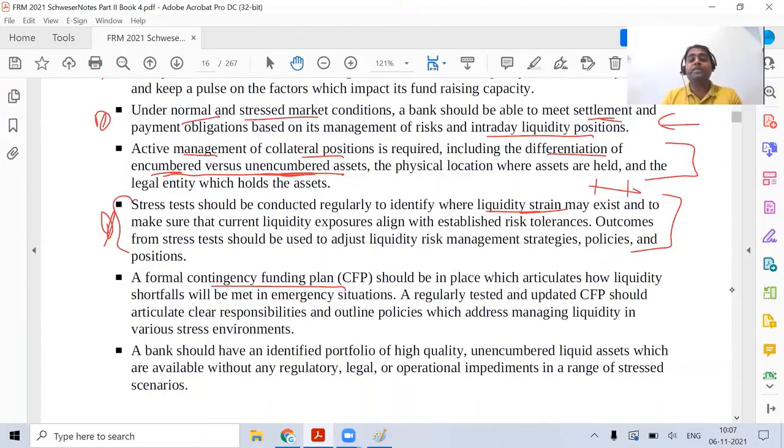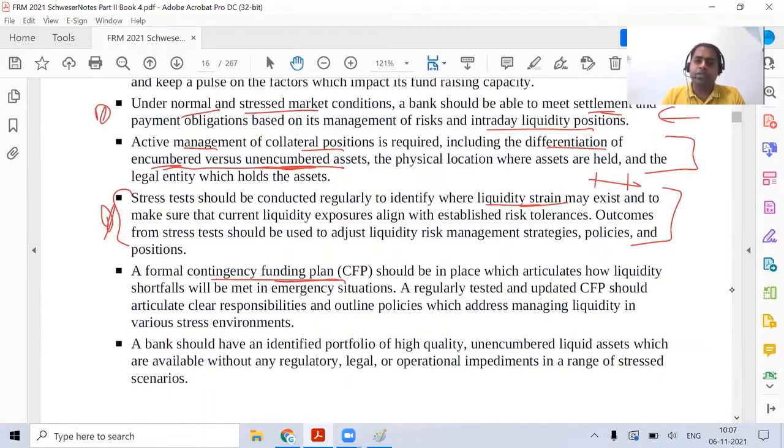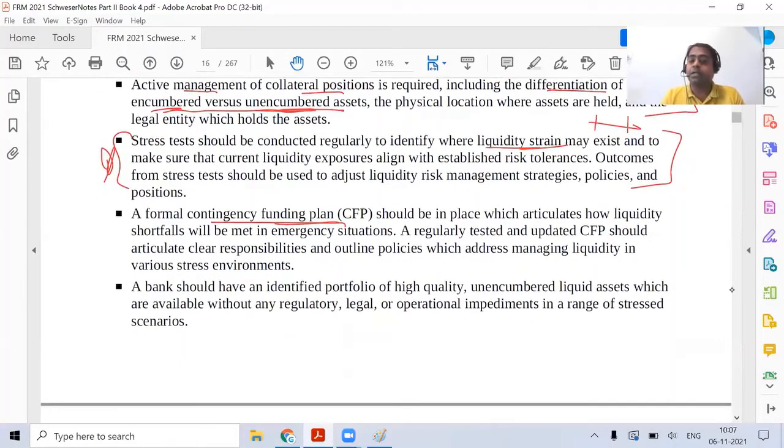You have a specific team focusing on the contingency funding plan. It is created, approved by the board, approved by the risk committee, and circulated to all the teams so that each team is aware of its responsibility when that situation arises. So for liquidity, the contingency funding plan, there's also a chapter in operational risk related to this. Each party should know the responsibility, and liquidity should be a part of it.